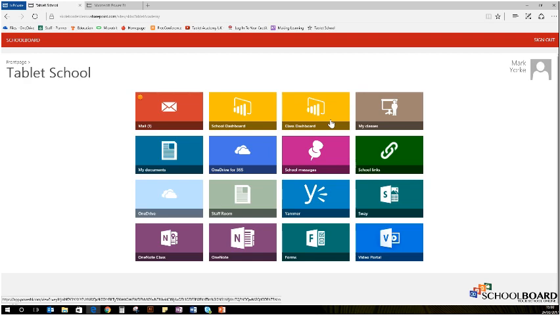So Schoolboard by itself will talk with your MIS, it will create simple dashboards, and it provides that class workflow that I've just showed. But if you want the access to the deeper data and to be able to track student progress more accurately, then you need the second product, which is known as EduBoard,